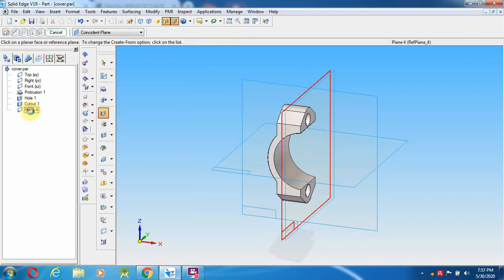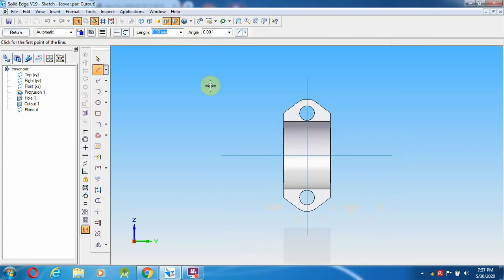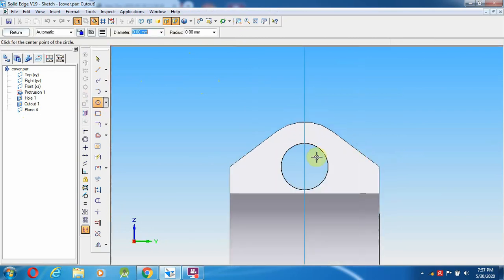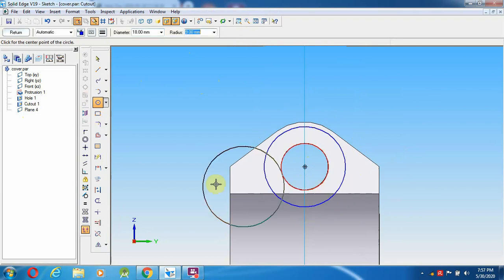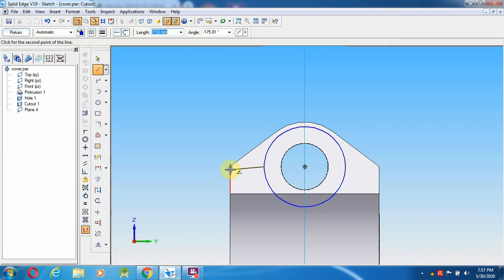If you have doubt in this, you can select over here, then come to a circle from here, so the diameter is 18 mm. Select a line over here from the mid, so it will come exactly over here, a little bit 1 or 2 mm, so 7.5.